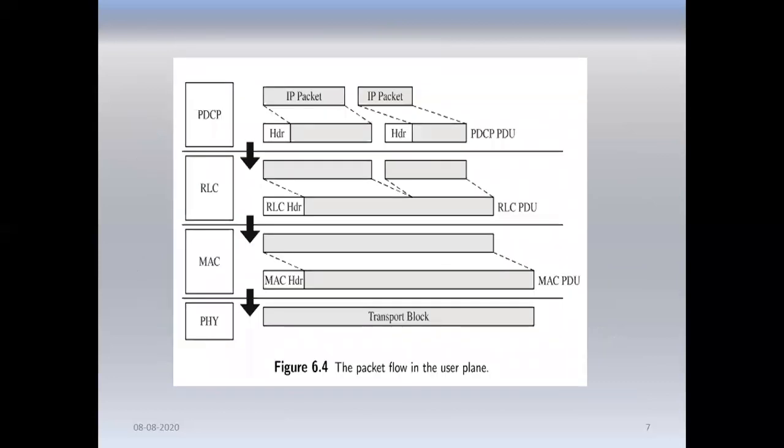So this is how the data flows in the network from the PDCP to the RLC to the physical layer. Each IP packet is moved through the different layers. A header is added in the PDCP, that is what we call header compression and decompression. Then the RLC header is added here, the RLC protocol is run, then the MAC protocol, which makes sure what mode of operation, what mode of transmission is decided, and the type of channel and type of data being used. Then the physical layer, which is responsible for sending the information through the network.